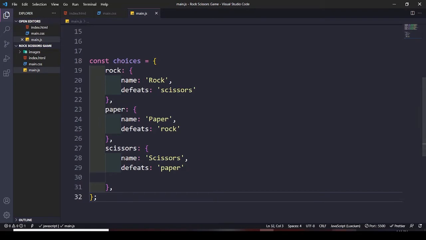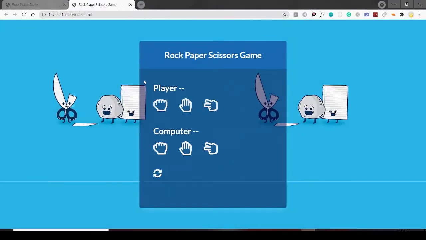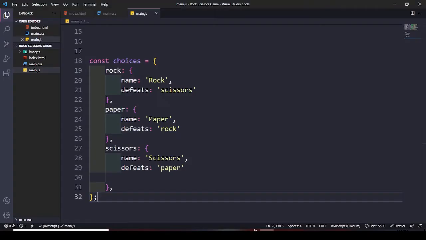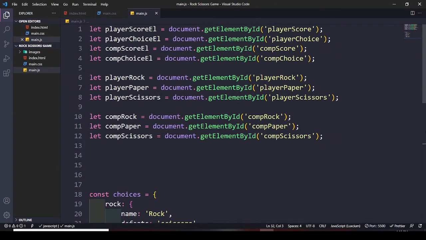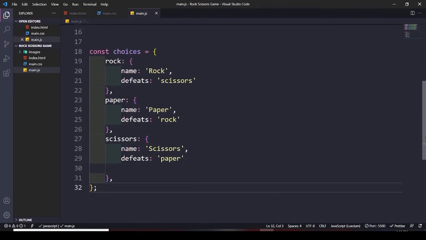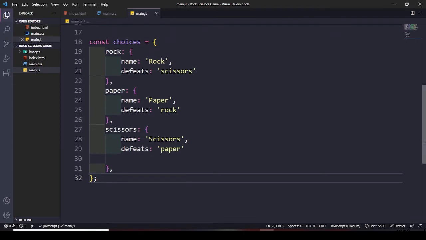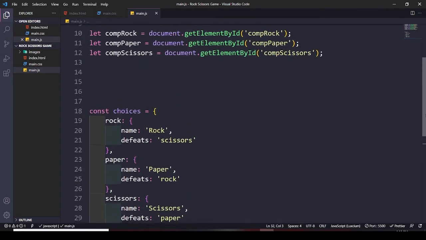Save it. Let me show you what's going on in the browser. For sure, nothing is going on in the browser. There is a reason, because what we have done is just declare the choices and the variables. We haven't created any kind of functionality, right? Okay, so first of all, let's